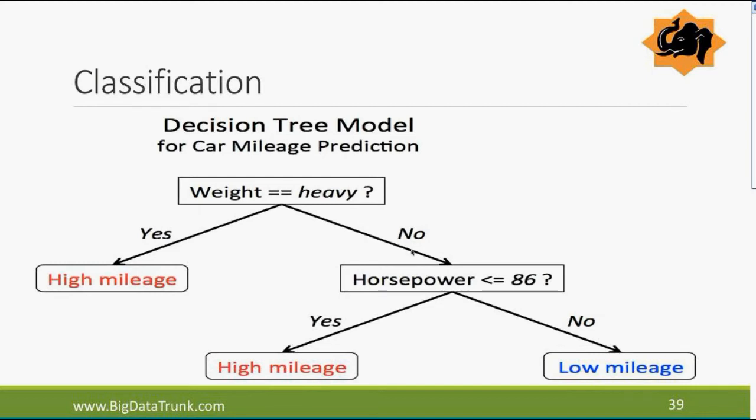So classification. The literal meaning of classify is to put in some kind of bucket, some kind of group, as simple as that. And how it does that is through something called a decision tree model. Most of you have seen some flow chart: this happens, then yes, do this; no, do that. This is a similar model. Take car mileage prediction. If the vehicle weight is heavy, yes, then it's high mileage. If no, then ask more questions and keep going. End of the day, you get some buckets, and you say the final outcome: that car is high mileage or low mileage.